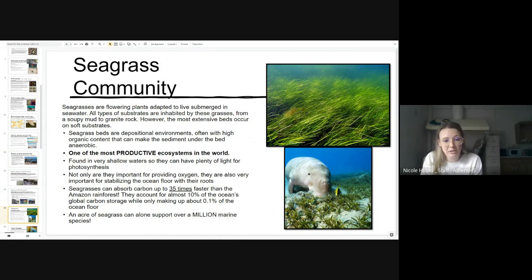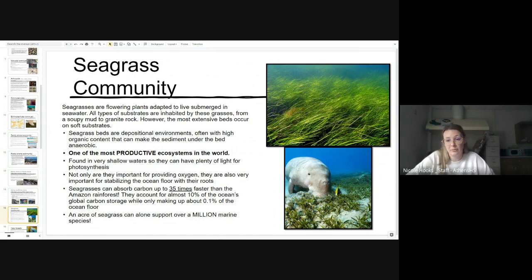They can absorb carbon 35 times faster than the Amazon rainforest. And they account for 10% of the ocean's carbon storage. But they only make up 0.1% of the ocean floor. So they do a massive amount of work, and they can support lots of different